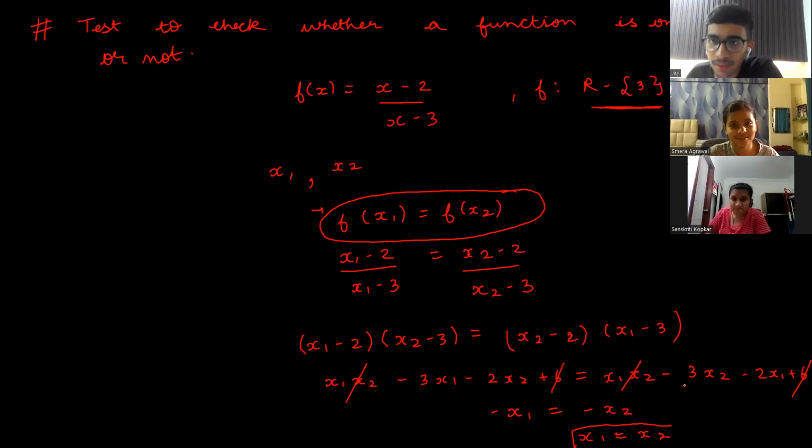ओके ठीक है। देखो अगर 1-1 किसी फंक्शन को होना है, दैट मीन्स फॉर ईच वैल्यू ऑफ x वी शुड हैव ओनली वन वैल्यू ऑफ y। आई मीन हर वैल्यू एक से कनेक्टेड होनी चाहिए 1-1 के लिए, है ना? सो इन ऑर्डर टू चेक फॉर 1-1 मैं क्या टेस्ट करता हूँ कि अगर मुझे कोई दो डिफरेंट वैल्यूज ऑफ x पे सेम वैल्यू ऑफ y मिल गया, इन दैट केस माय फंक्शन इज नॉट 1-1। दो different values of x पे if I get the same value of y, in that case my function is not 1-1. So मैंने वही कंसिडर किया, मैंने बोला कि x1 और x2 दो डिफरेंट वैल्यूज हैं,